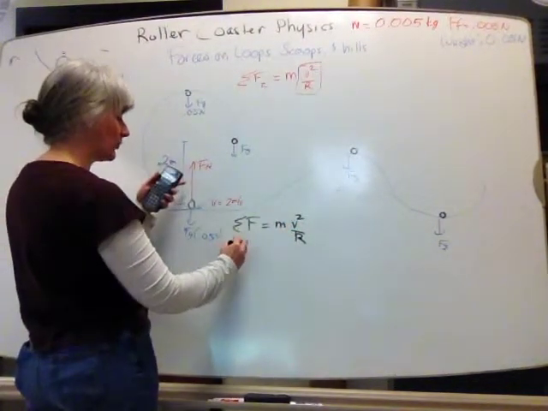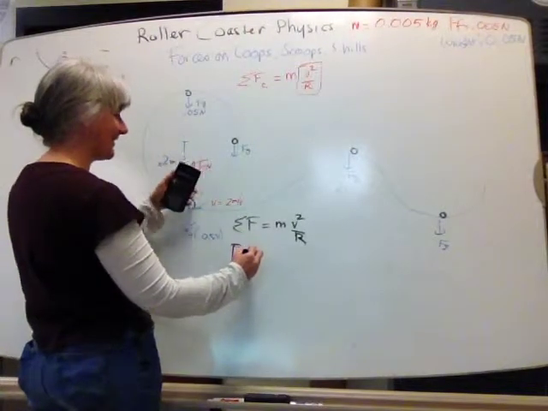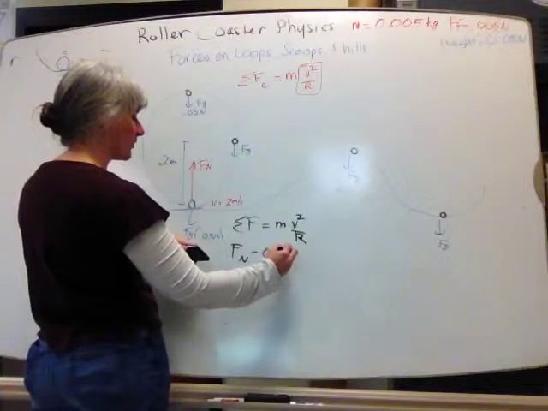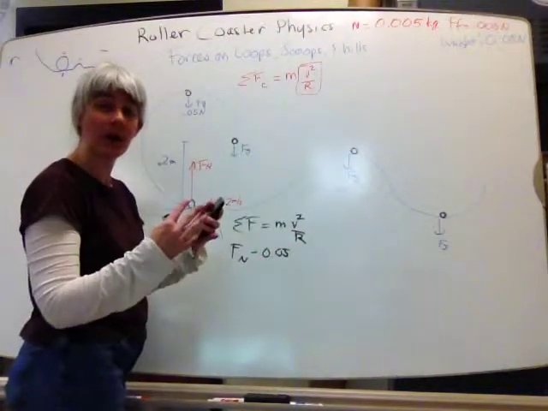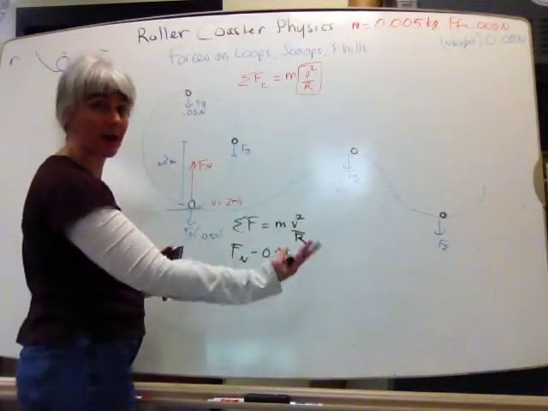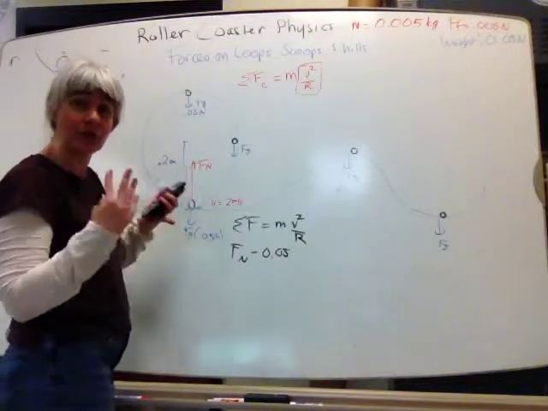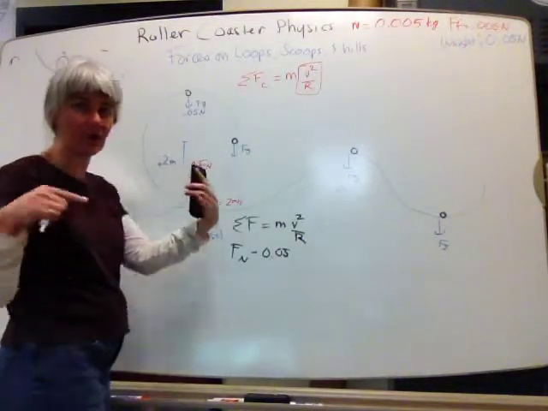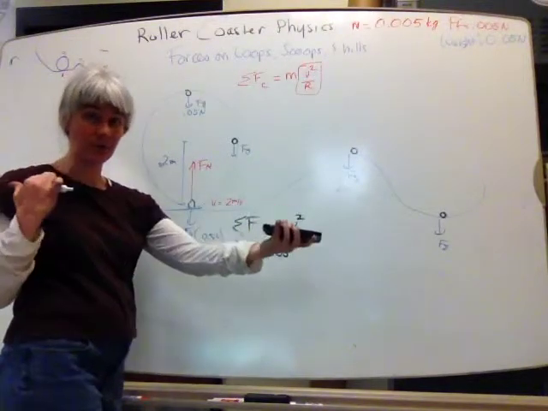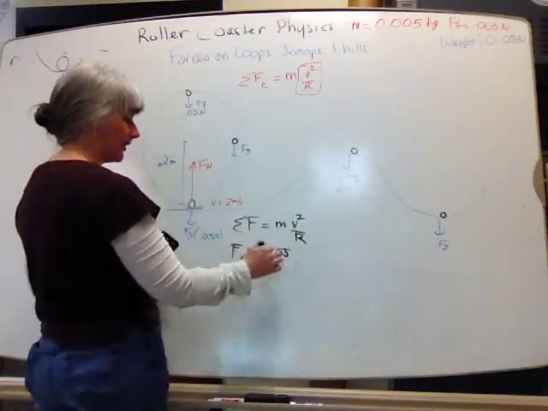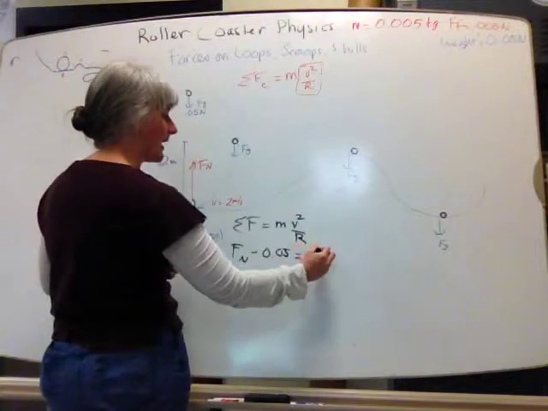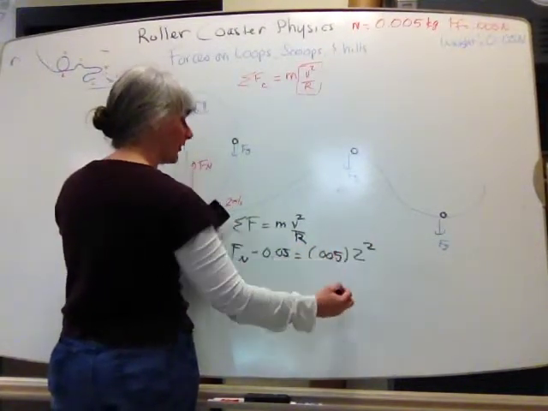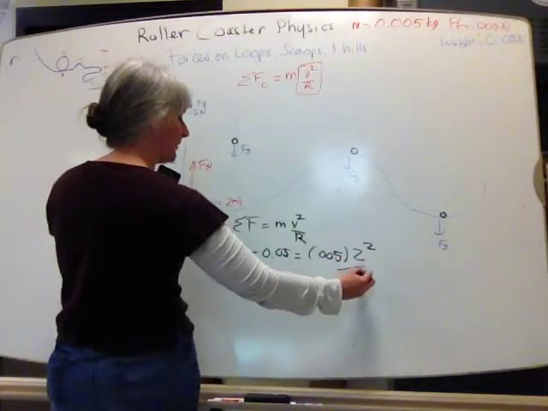My net force is normal, because that's into the center of the circle, minus weight, that's out. You know how up is positive and down is negative, or right is positive and left is negative? Well, for circle forces, in is positive and out is negative. Centripetal is positive, centrifugal is negative. That's going to equal my mass times my velocity squared, which I get from my other energy, divided by my